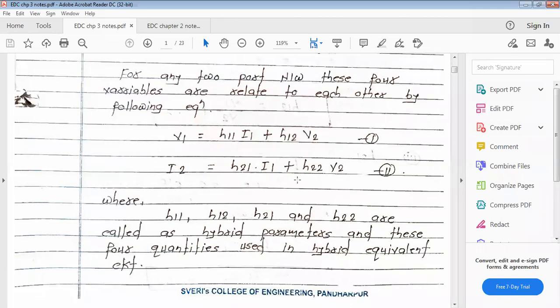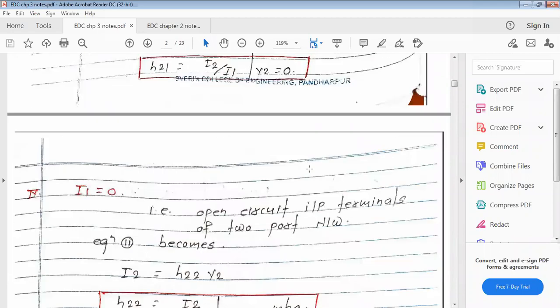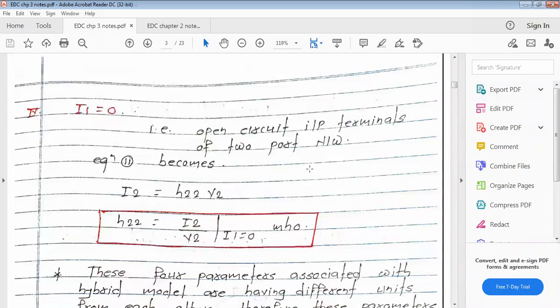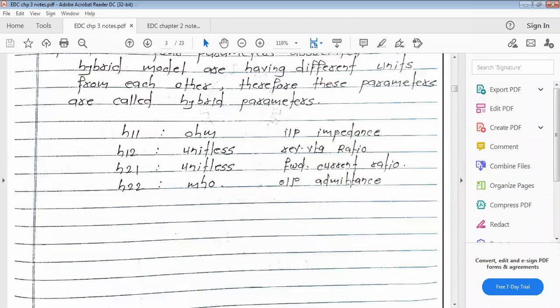So if V upon I is a resistance, we call I upon V a conductance, and it is the term related to 2, meaning the output terminal. So we call it the output conductance. But again, there is a reactive component, so instead of conductance, we use the word admittance. So we are getting 4 H parameters over here: H11, H12, H21, and H22.